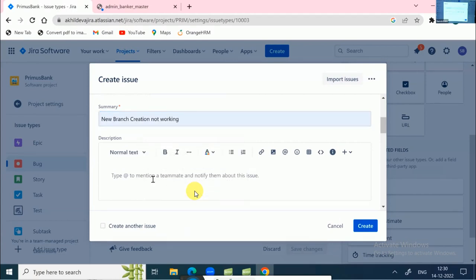The description: while creating a new branch, when we leave all mandatory fields blank and click submit,